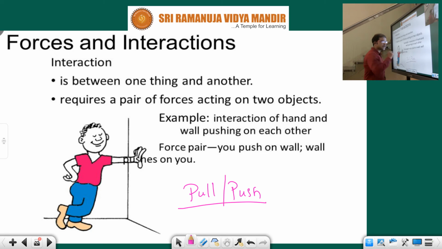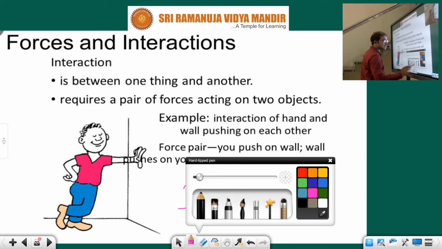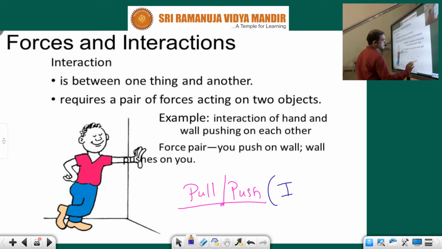Interaction can be physical or non-physical. Physical in the sense bodies get into physical contact. Non-physical in the sense they may not get into physical contact, but interaction will be there. Suppose you take magnets, they need not come into physical contact. At a distance also, force of attraction will develop, and force of repulsion also will develop. Clear now? But the thing is, there should be interaction. Force is nothing but pull or push. Whether you want to do pulling or pushing, whatever it is, you need to maintain interaction.